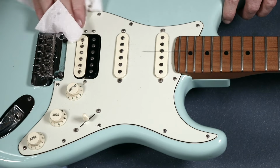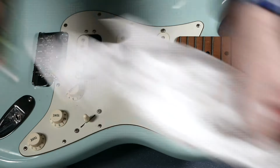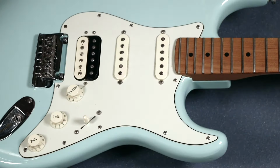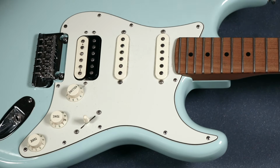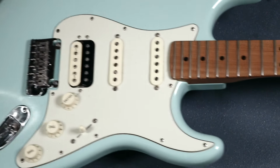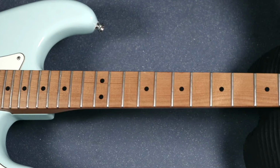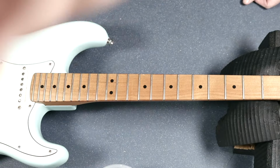I'm going to bring us up to the neck because I need to check the leveling of the neck, because that's one of the things I need to check. I'm hopeful that I don't need to do anything to it, but you just never know. It could have been a Friday night guitar. Everybody rushing to get home Friday nights and they didn't want to spend a lot of time on a guitar, but